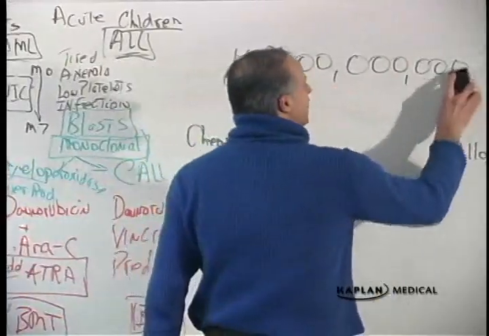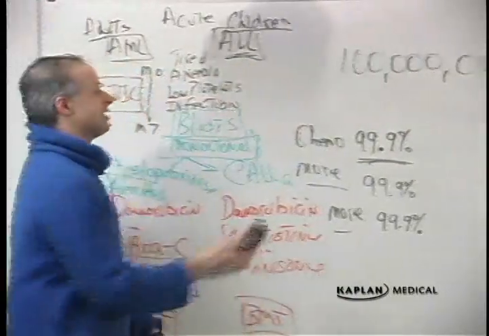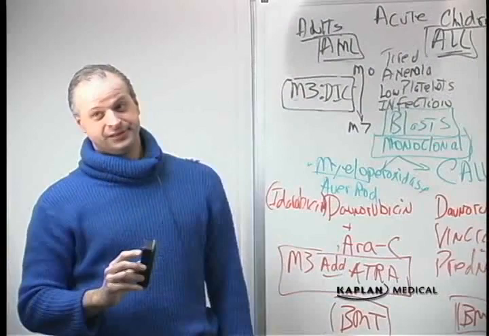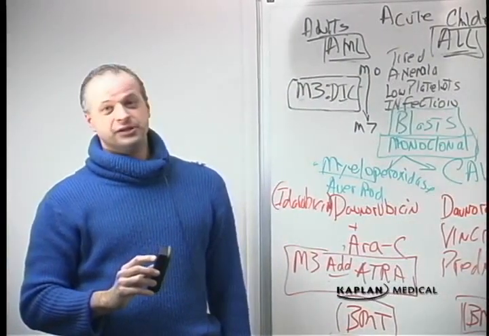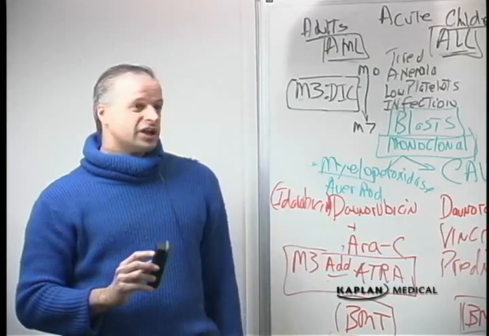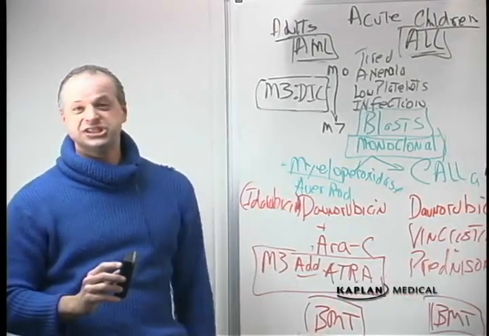We remove 99.9% of the cells, but maybe that leaves us with 100 million leukemic cells still. They're just not in the peripheral blood. Look at the population of the world, 6 billion. If you had 100 million of somebody, you could squeeze them all into one country and never see them in New York City.